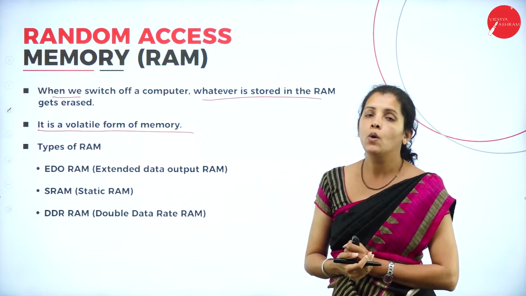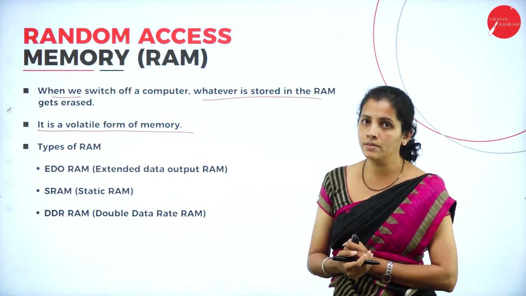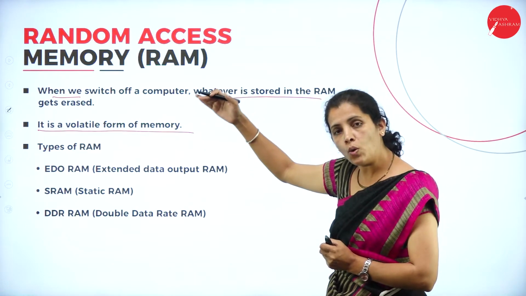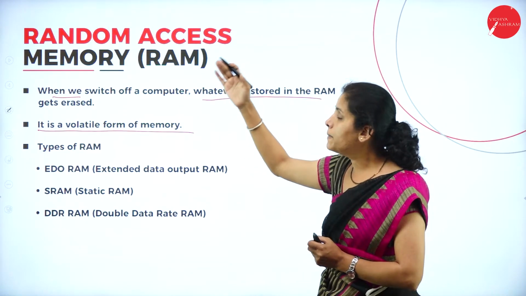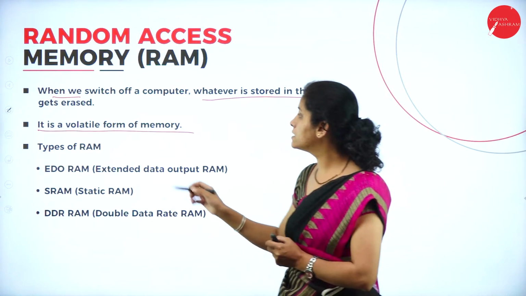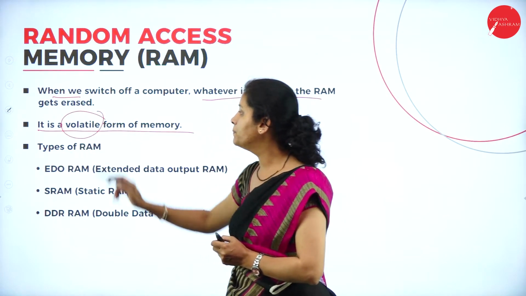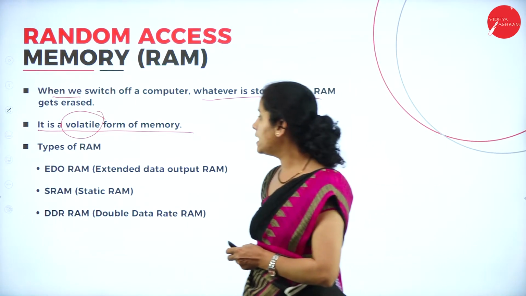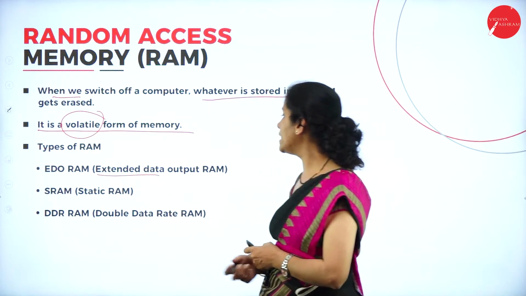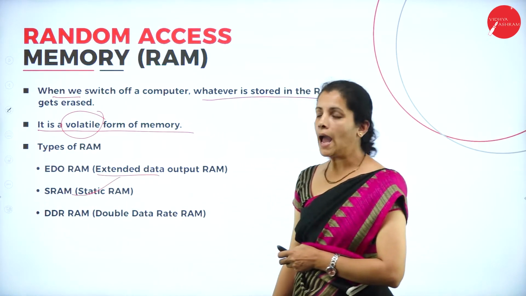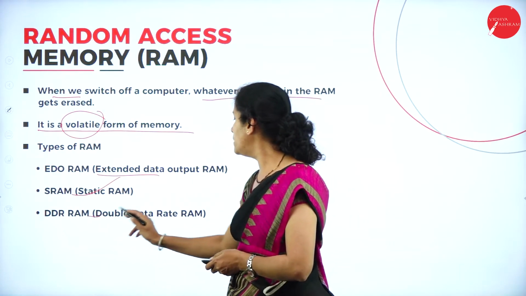That means when I turn off the system, whatever content is stored in the random access memory gets erased. For that reason, it is called volatile. And there are three types of RAM, that is extended data output RAM, static RAM, as well as double data